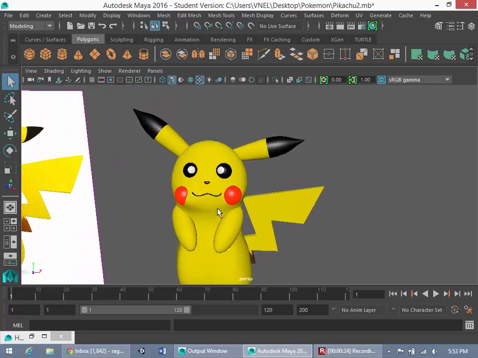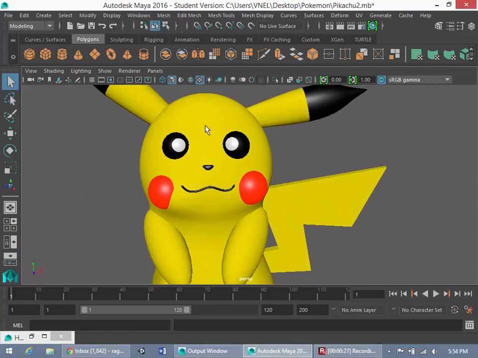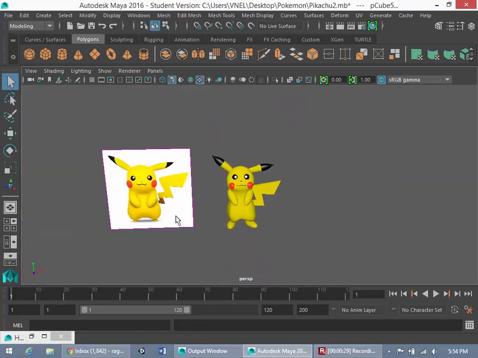And here, if we look at this Pikachu that I made, what I did was I actually started out with a cube. So this is a technique called box modeling. So once we have that cube here,